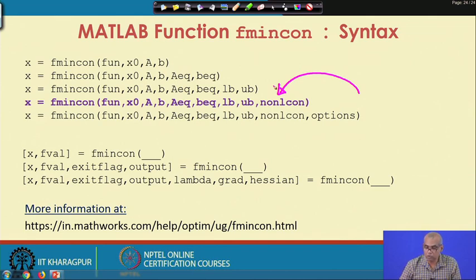Then we have also seen the use of options before. You can also give options as input where you will tell the fmincon solver that you want to, say, display the results of each iteration, you want to change the tolerance, or you want to choose a particular algorithm, so that fmincon will use that particular algorithm only, and so on and so forth.